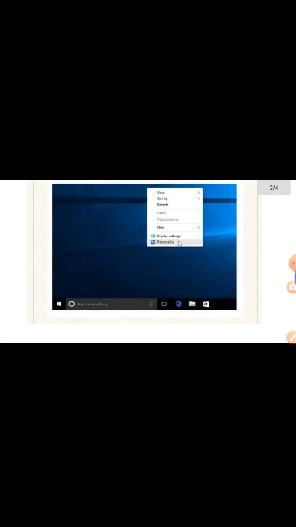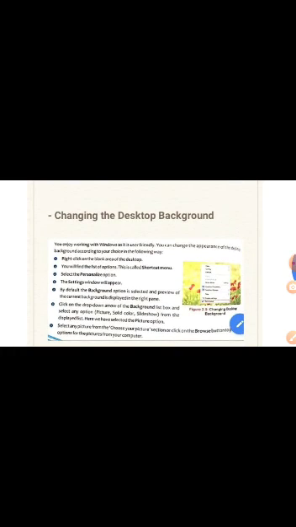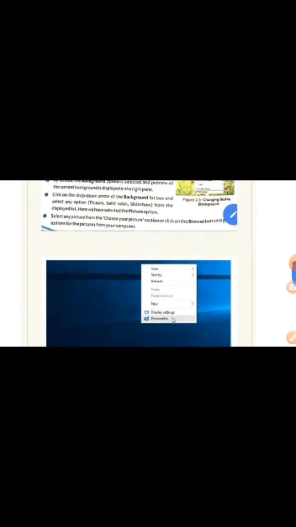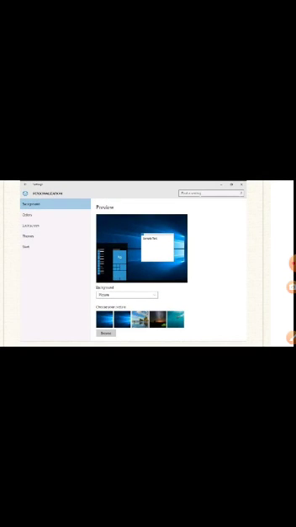Whenever you click for changing the background, it will always be selected in the Background option only. That is called by default. By default, the Background option is selected, and a preview of the current background is displayed in the right pane. So this is the right pane. See, the same background we saw here is selected here. We can see it here, so we can change this.